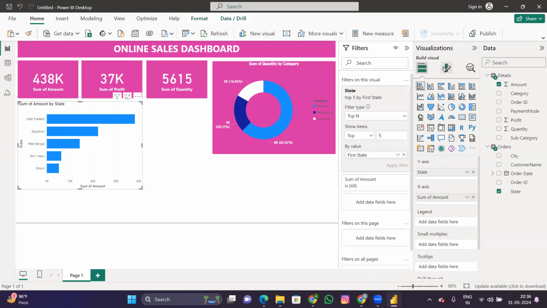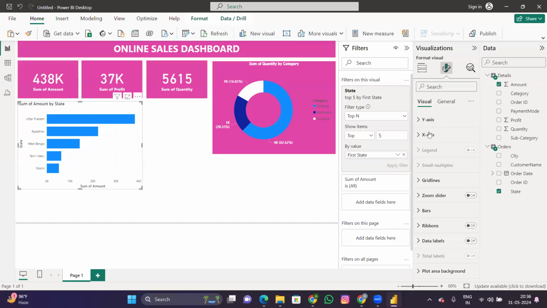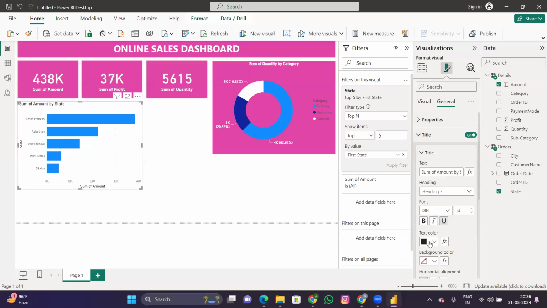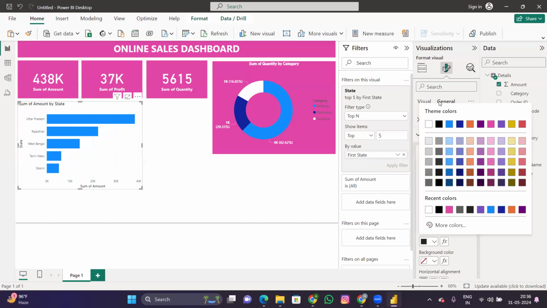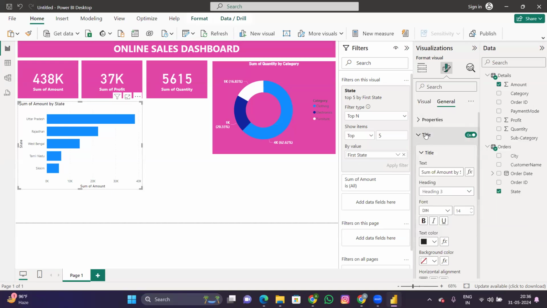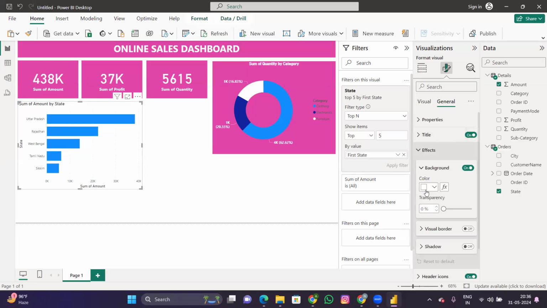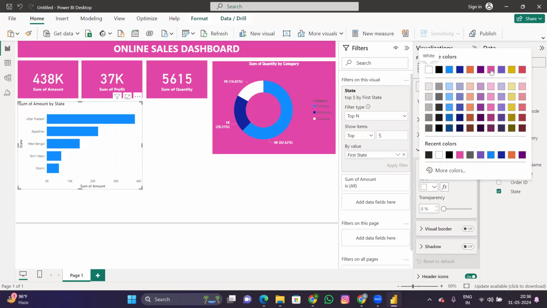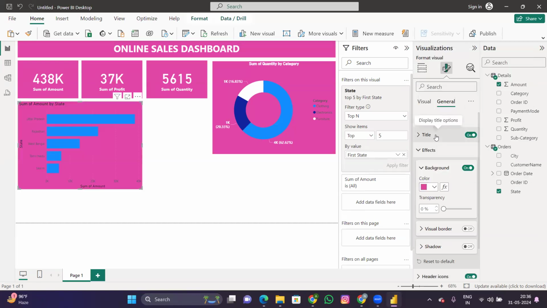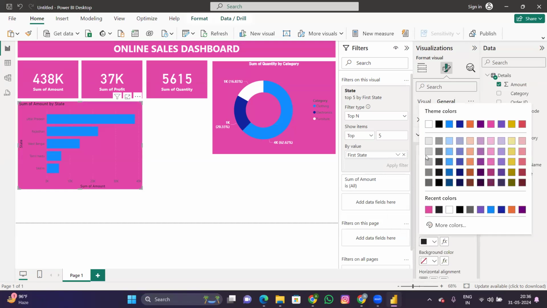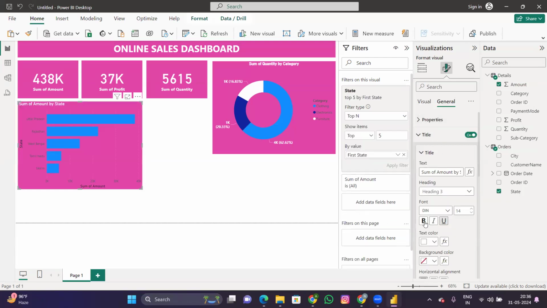Now we just go to the formatting visual part again. Okay, so go to the general option. After getting to the general option, we will go to the effects part. Colors, background color should be in a pink format. Okay, and again go to the title. Title color should be white. Okay, click this to bold and decrease the font size. Okay, yeah, it is looking